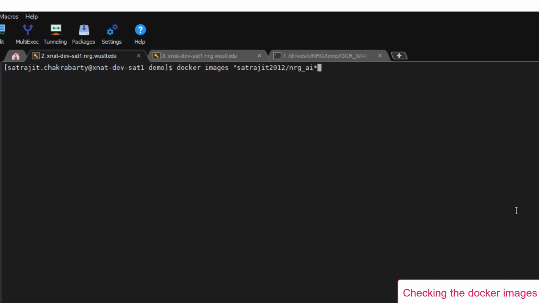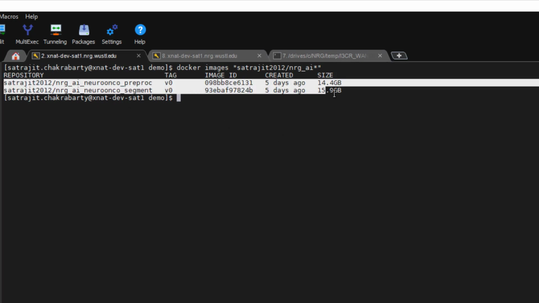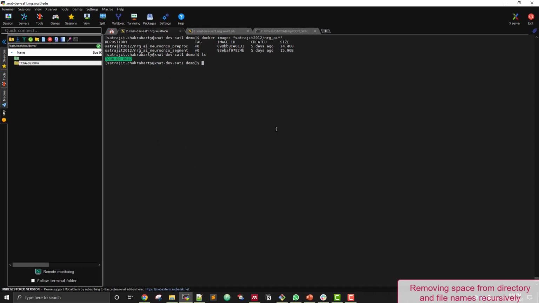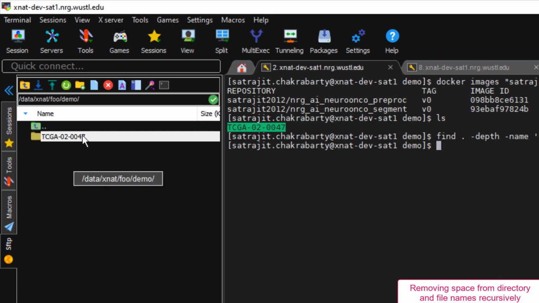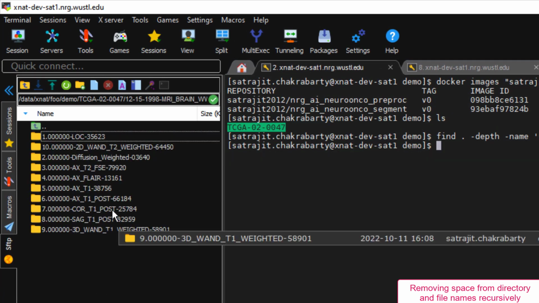And we see that the two images are present in our setup. And so the next thing we do is we check the folder structure and remove all the space from the names of the directory and all the file names recursively and replace them with underscores.